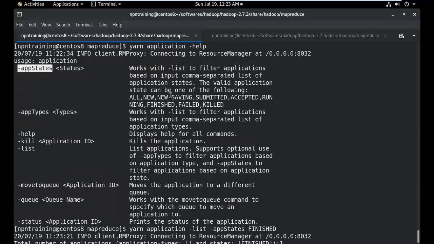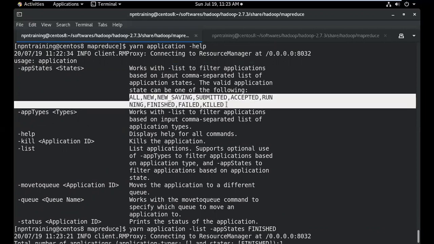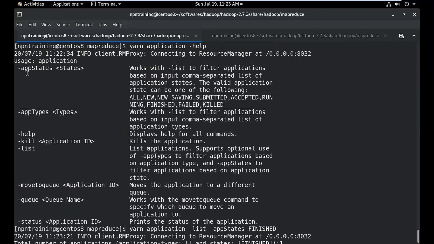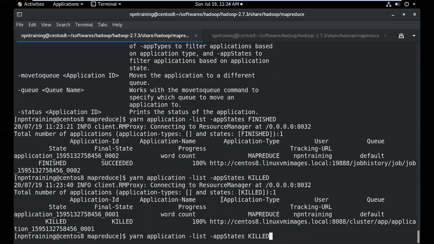The states tell you which state you want the information for. Very important to remember, this can be executed only when you add -list. That is why in my previous command also, when we invoked app states, it was invoked through list. So first we list, and after listing, we search for the state which was killed. That is very important.